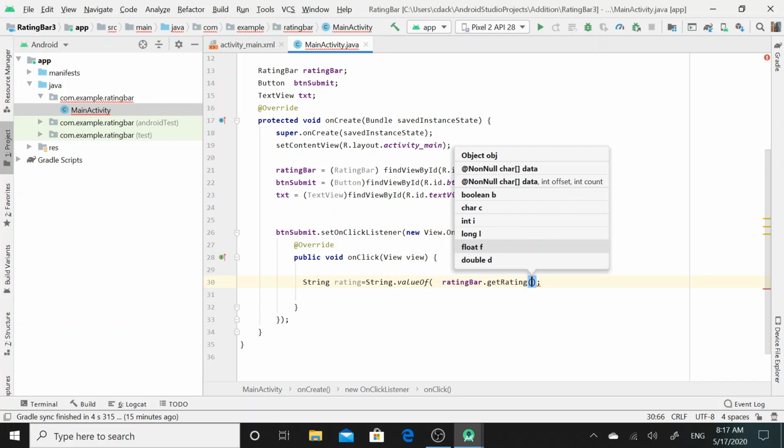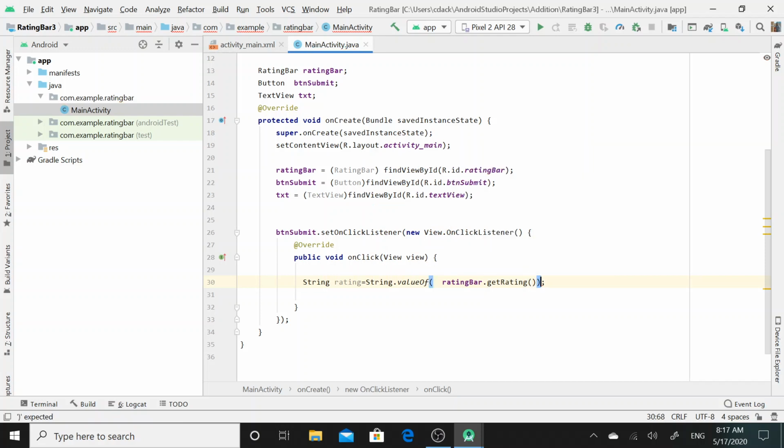And within the valueOf method's parentheses I will set this getRating method, so that whatever rating is submitted by the customer will first be converted into string format, and that rating will get assigned to this rating variable which has data type String.